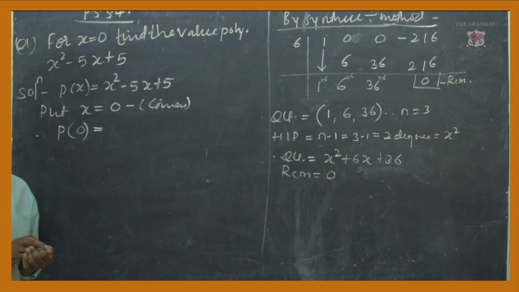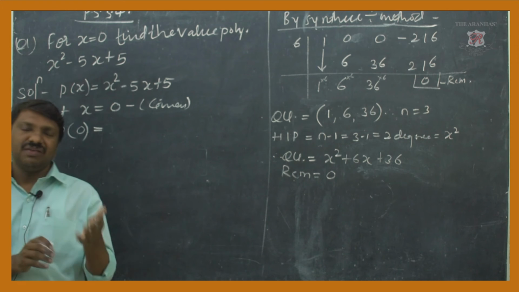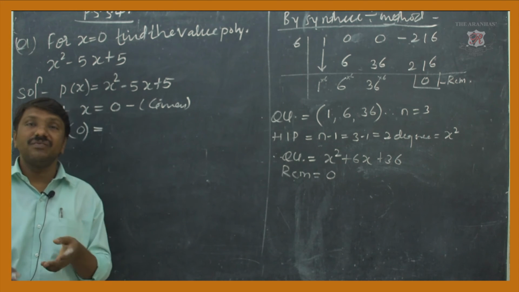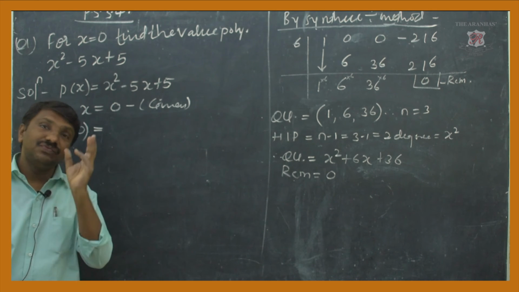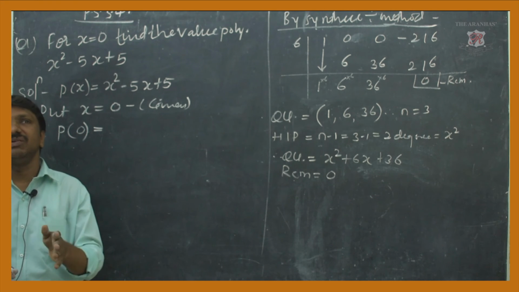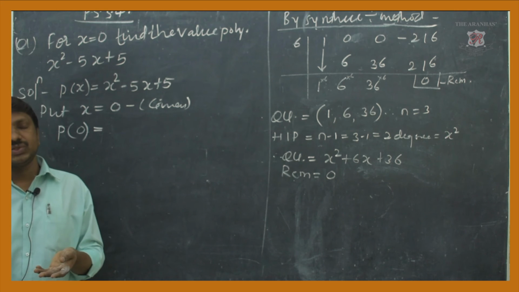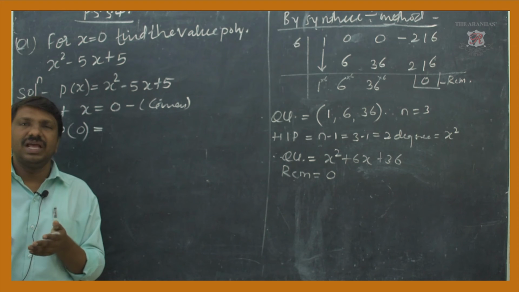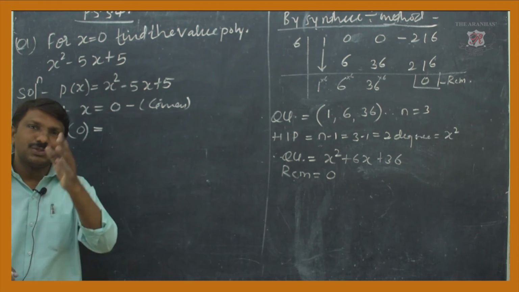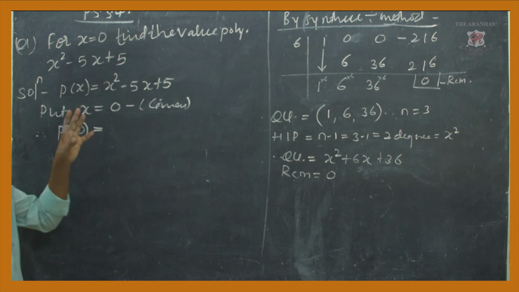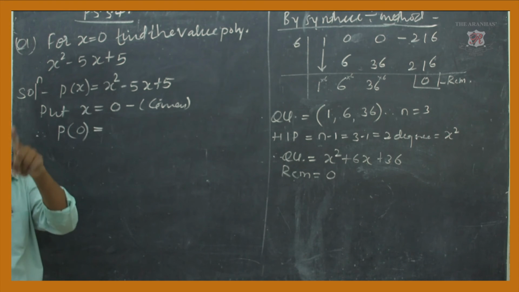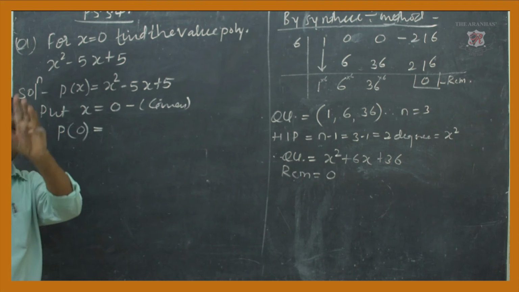Actually children, if you remember, in standard 5th, 6th as well as 7th, this part you already studied. There were variables x, y, m, n, and for those variables they used to give values, like x is 1, y is 2, then z maybe 3, then find the value, any addition or subtraction maybe. We already practiced this part, but again we are studying it in the concept of one variable, quadratic, or the polynomial form.